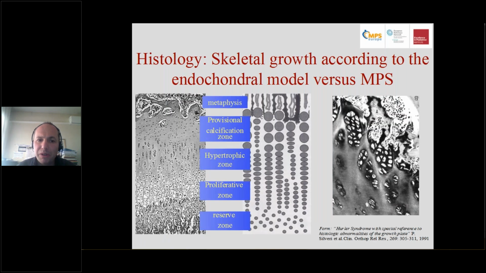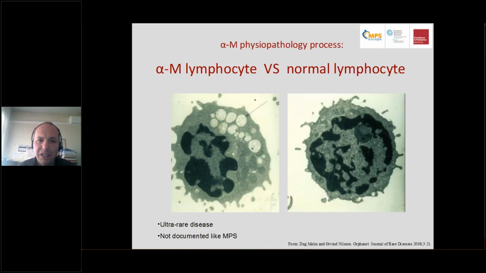I don't know if you are familiar with the histology of the growth plate, beginning from the reserve zone to the proliferative one and so on, but without going deeply, I like to show you that there is a well-organized column histology that is completely lost in MPS, like you can see on the right side of the monitor. Also in alpha-mannosidosis, we have a storage inside the cell. Unfortunately, there is no report about exactly the bone tissue. I like to show this lymphocyte that strongly reminds what we said before for the chondrocyte in MPS.